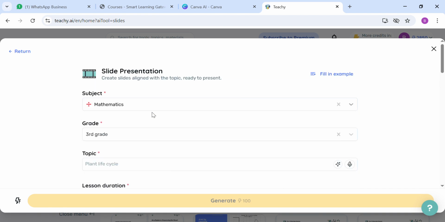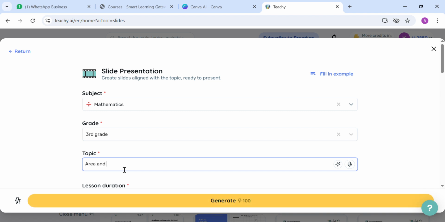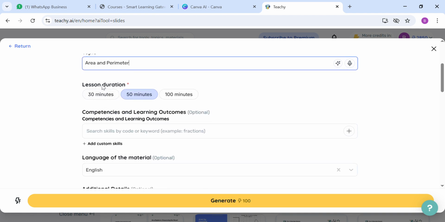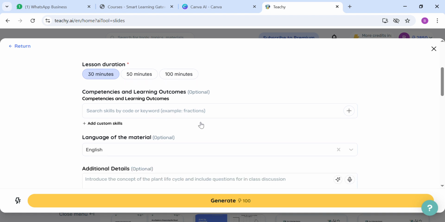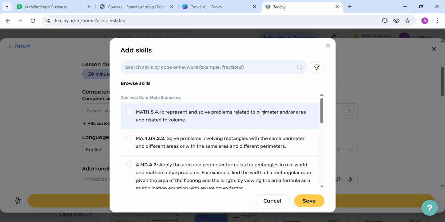For example, I'm doing this for mathematics for grade 3 and I want the topic to be area and perimeter, and I want the lesson duration 30 minutes. There are some optional key points like learning outcomes. What learning outcome do you want? For example, I want 5.4H where they will solve the problems related to area and